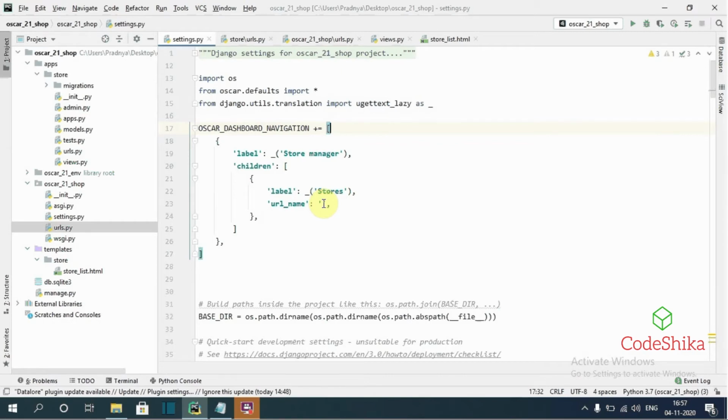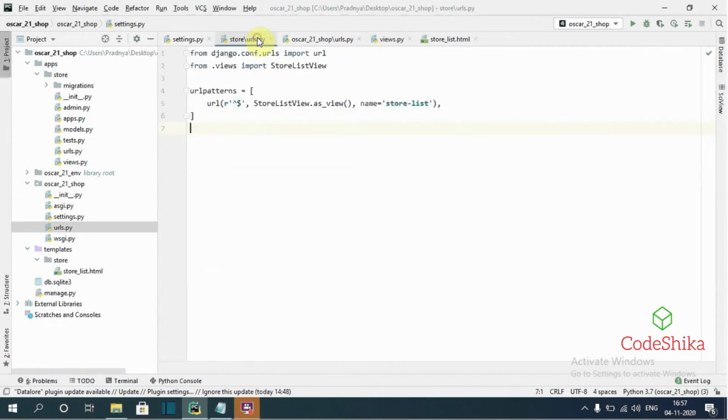That is, here I will give store-list, and this is the name of the URL for the store list view. This is the store-list name of the URL.